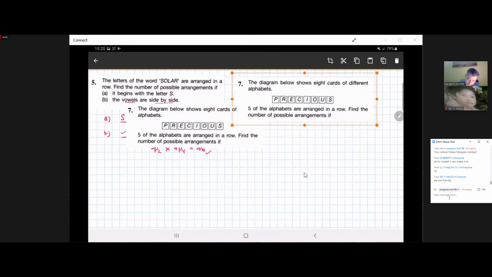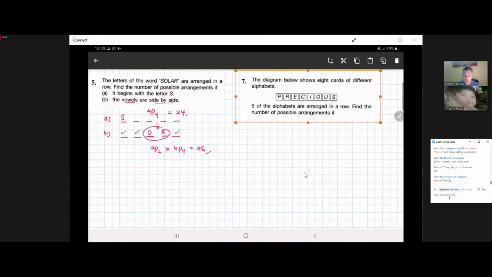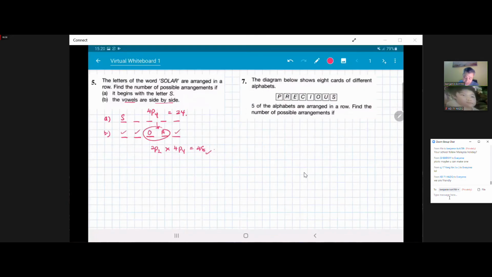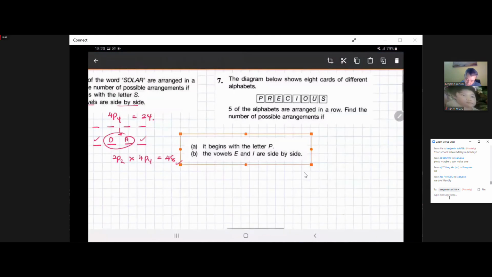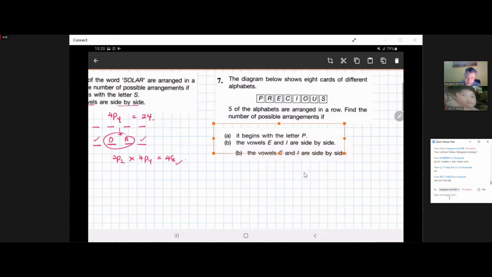For question number 7, you are given the letters, 8 cards, 8 kepingkat. So 8 kepingkat, that means ada 8 huruf, 8 huruf. So what we have to understand,